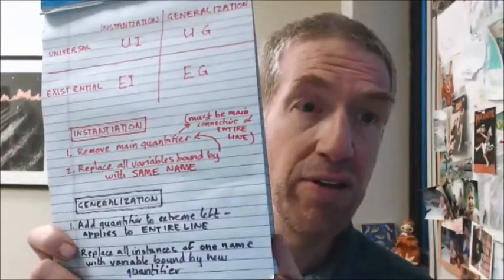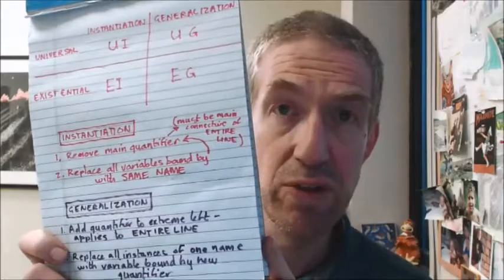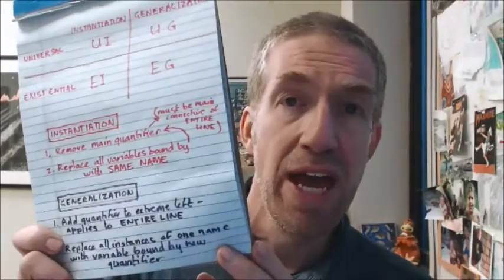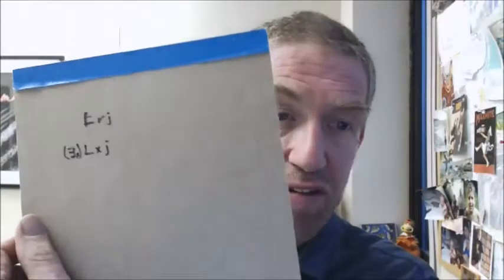And then, now that you've added a quantifier, you have to have something for it to apply to. If there's more than one name, then you can pick what name you want. So, for example, let's pick existential generalization. Suppose you have something like this: Romeo loves Juliet. That's a capital L, little r, J. Now, suppose I wanted to do existential generalization to that. I could do either this, which says something loves Juliet, or I could equally well do this, which says